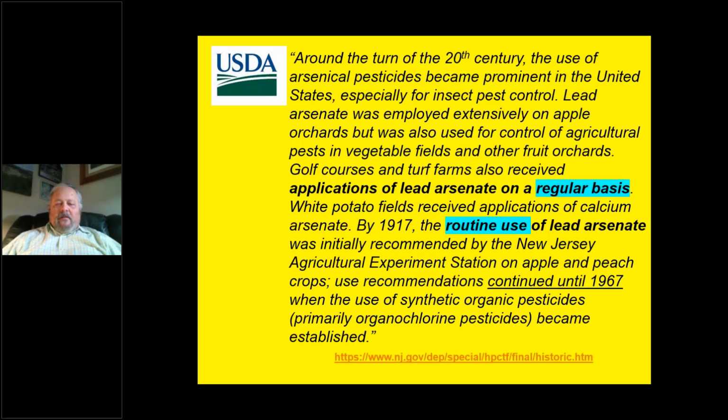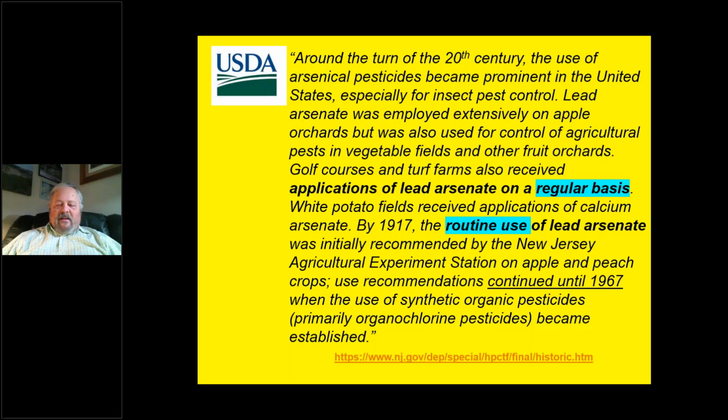Now, here's a bit of information from across the country, but it's worth looking at for the same reason. It says, around the turn of the 20th century, the use of arsenical pesticides became prominent in the United States, especially for insect pest control. Lead arsenate was employed extensively on apple orchards, but was also used for control of agricultural pests in vegetable fields and other fruit orchards. Golf courses and turf farms also received applications of lead arsenate on a regular basis. Potato fields received applications of